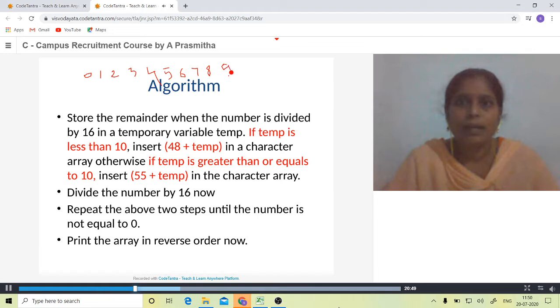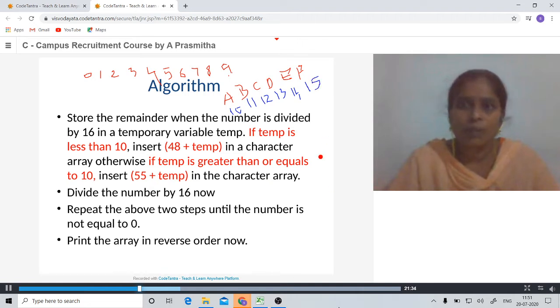Apart from that, we also have 10 meaning A, 11 meaning B, 12 meaning C, 13 meaning D, 14 meaning E and 15 meaning F.